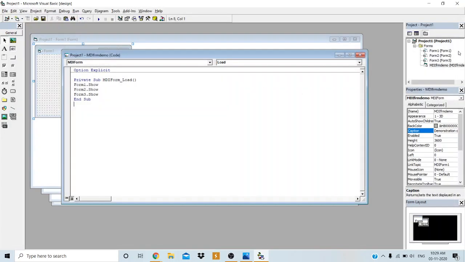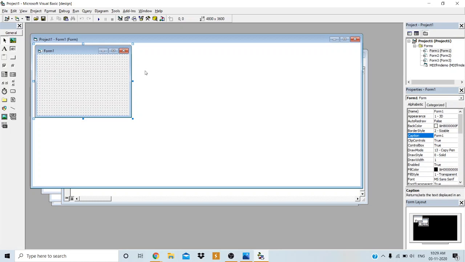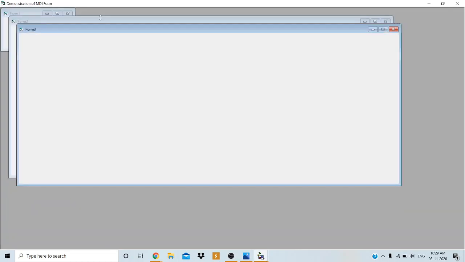See here, for example, if you want to set some of the properties for form 1, then it is possible here. You can set whatever property you want, for form 1: back color, fore color, font, whatever the property, for the respective child forms also. You can change them in the properties window or in the code window also, no problem. Now it is working fine here, but what is the problem statement?